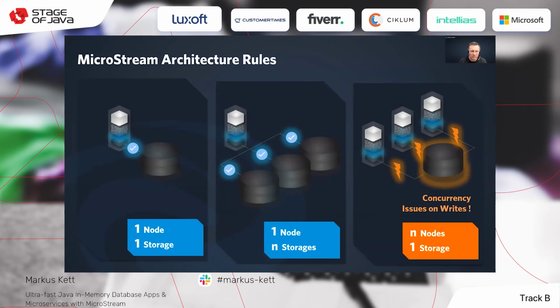So you can do sharding, for instance. It's always possible and easy to shard your object graph, and it's recommended to do that.